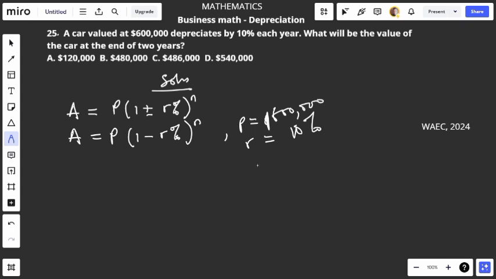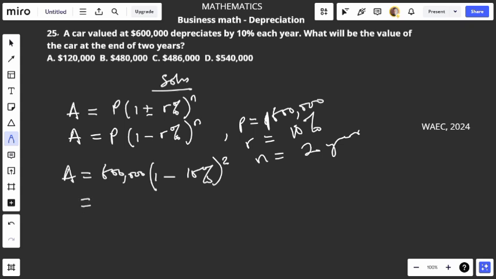So our number of years is 2 years. So let's plug that in, so that the value of the car after 2 years will be equal to 600,000 into 1 minus 10% raised to the power of 2, which equals